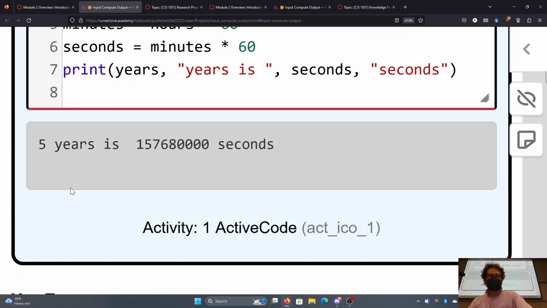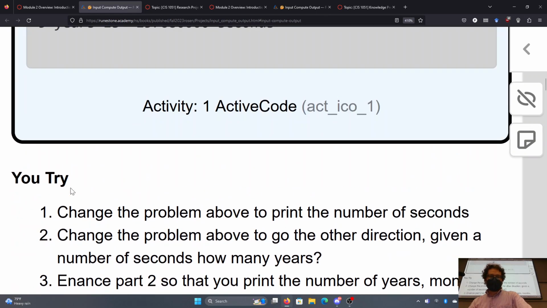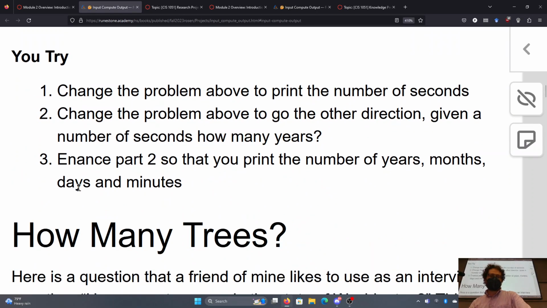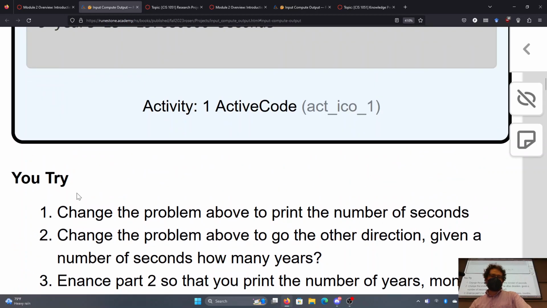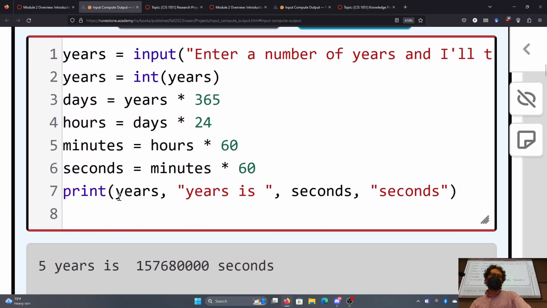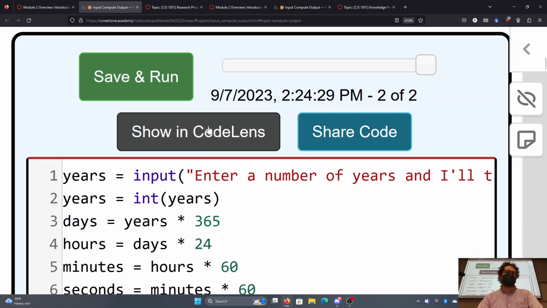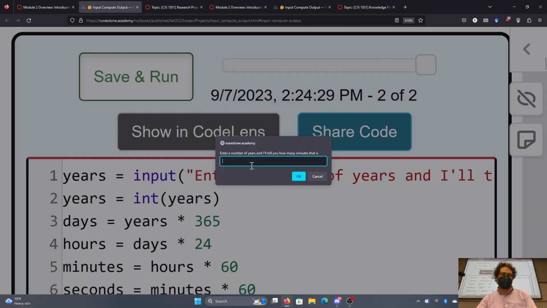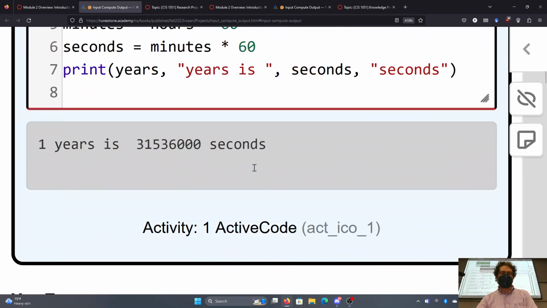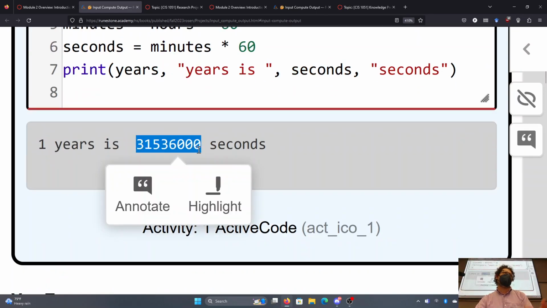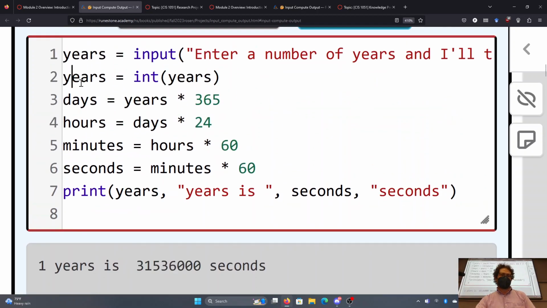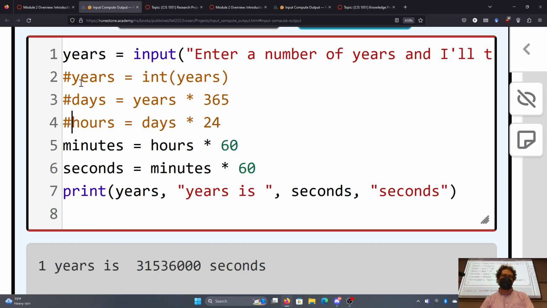All right. Now, of course, the question is can you go the other direction? Change the problem to go in the other direction. Given the number of seconds, how many years is that? Well, we've got two ways to do this. One is a bit of a cheat, which is I'm just going to figure out a year is this much, and then I could copy and paste. Otherwise, another way to do that is we can say, okay,